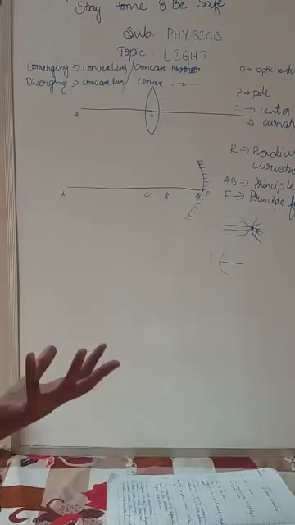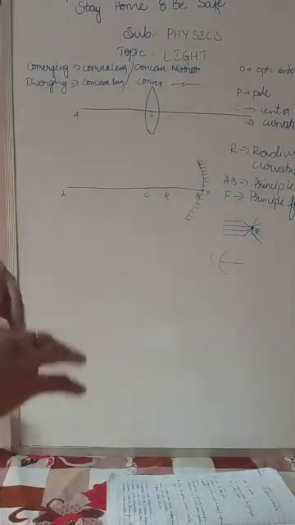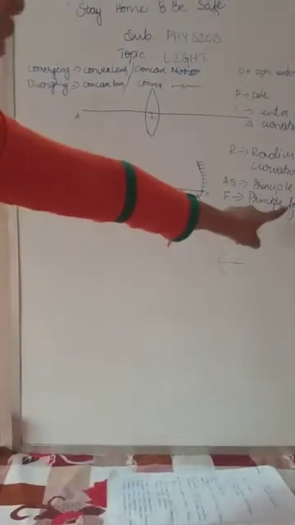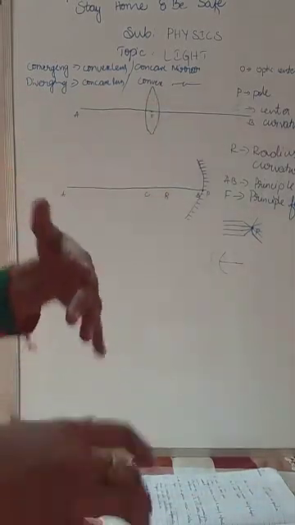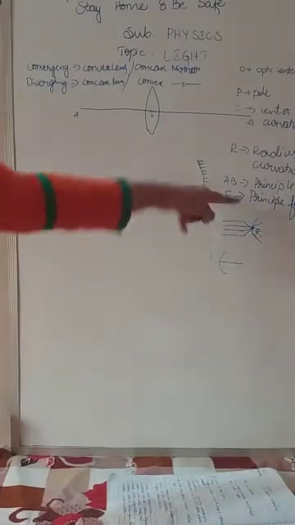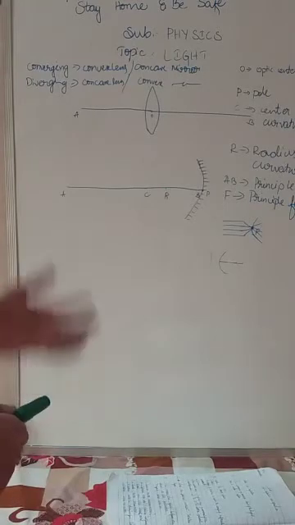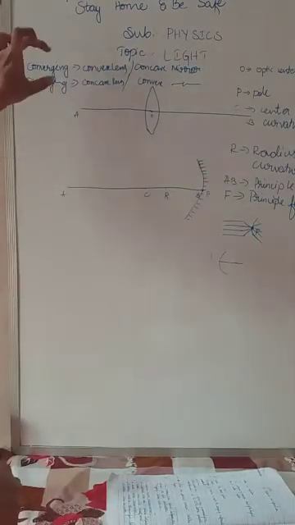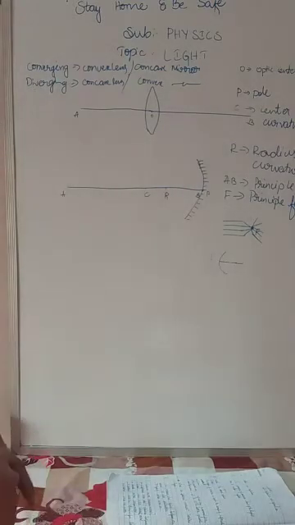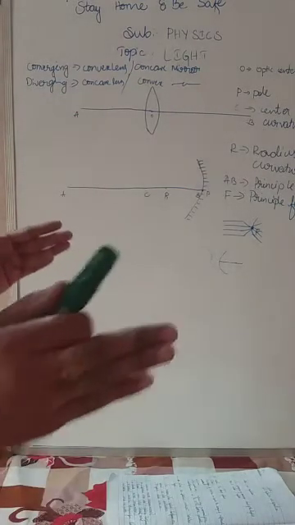Let us move to the other definition, the principal focus of the diverging lens. What is meant by the principal focus of the diverging lens? The point at which the light rays diverge, like that, this point, is called the principal focus of the concave lens. In the same way, in case of mirror, the point at which the light rays diverge is called the principal focus of the convex mirror. Don't get confused here. We can give two definitions for the principal focus: in case of lens it is separate and in case of mirror it is separate. You have to concentrate on that.